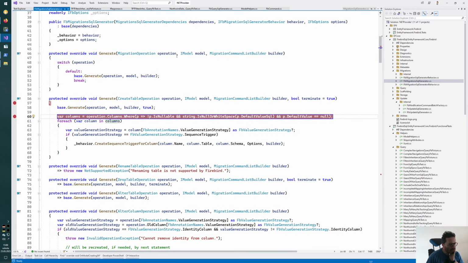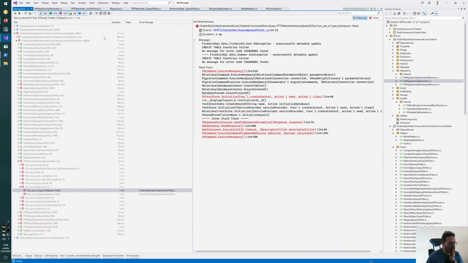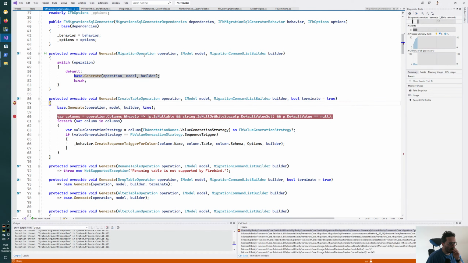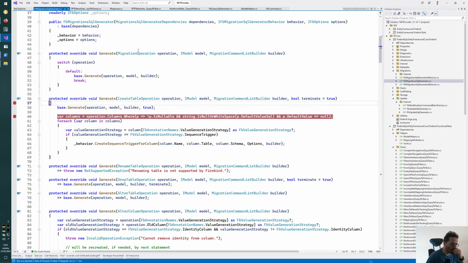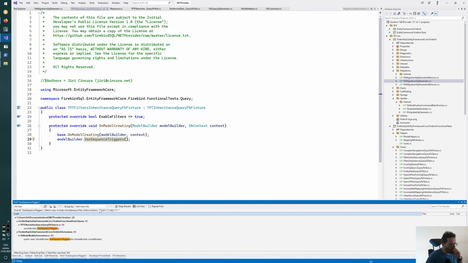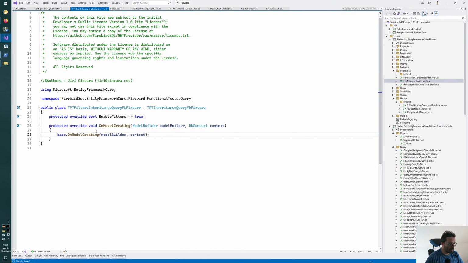Okay, so the problem is that I think I have, no, let me double check. I think on the model itself, I have,